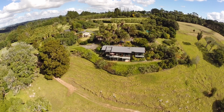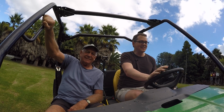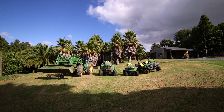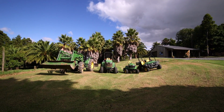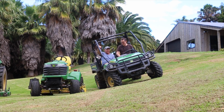Okay, here's something you probably don't know about me. I actually grew up on a farm in New Zealand. This is my father's farm. This is my father Reed. And despite the fact that he's now retired, he still seems to have quite a lot of farm equipment. In fact, he's got 4 John Deere implements, I guess. He's got 2 tractors and a mower and this Gator, which is a sort of a ride around 4-wheel drive